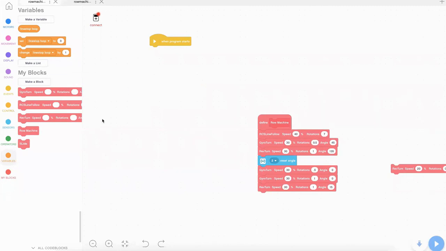So next we have My Blocks. I have actually gone over My Blocks a lot,